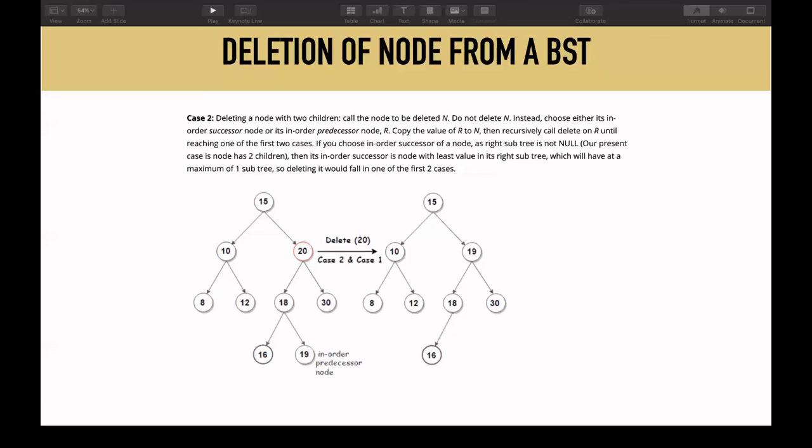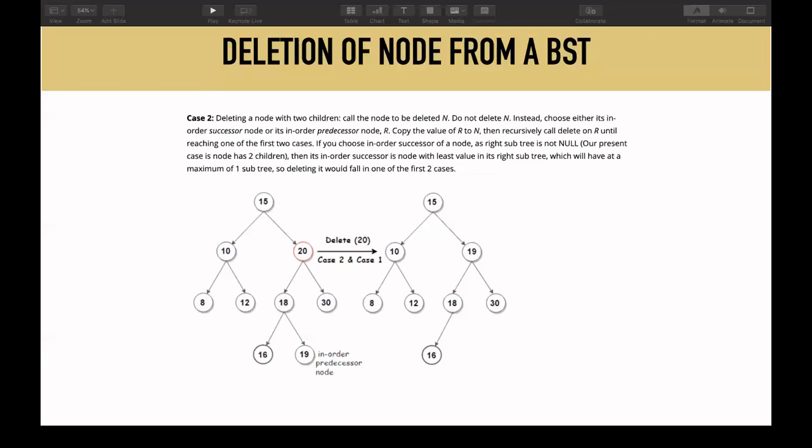Okay, so let us take an example. Let us say in this case, the largest value in the left subtree of 20 is 19. So what I do is I simply remove 19 and I replace the value 20 with 19. Okay. So now after doing that, you can see that all the nodes that are in the right subtree of 19 are still going to be greater than 19, because I did nothing in the right subtree. I didn't touch the right subtree.